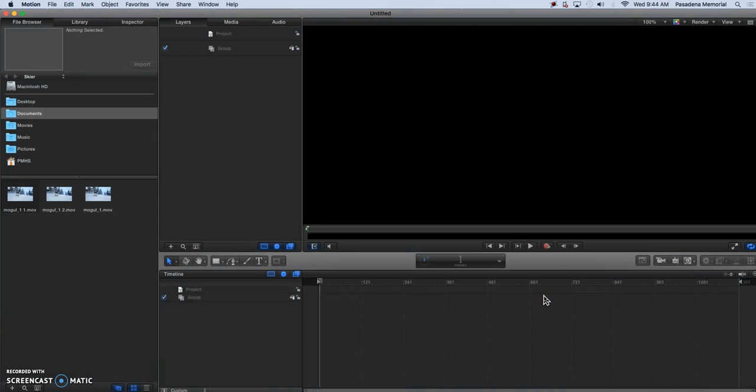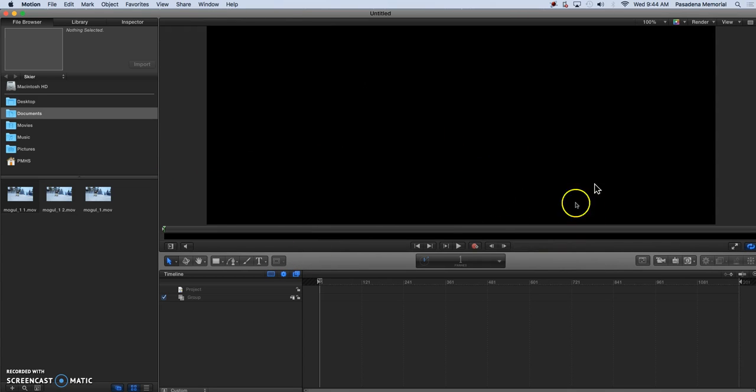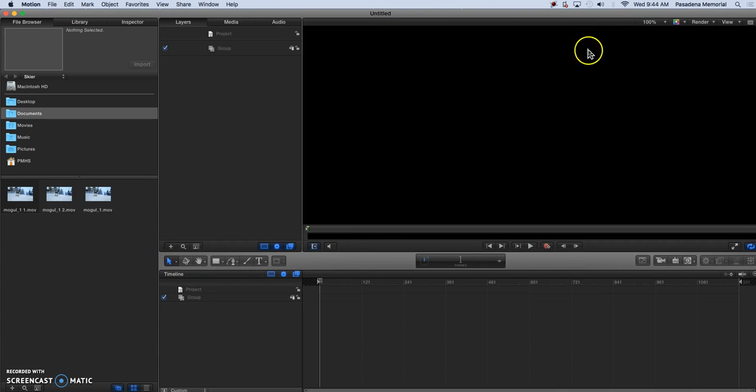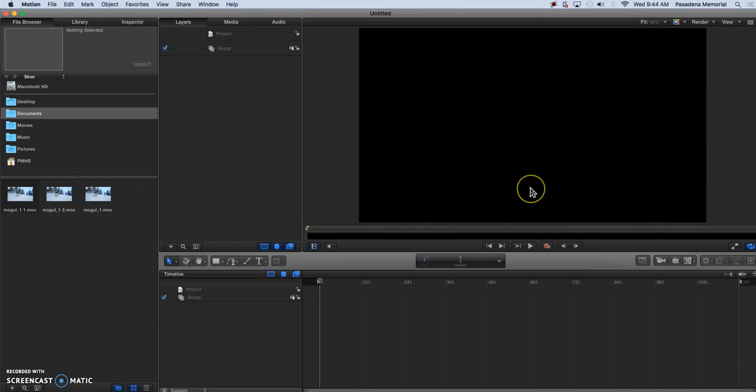Now, just like we've done before, we still have our inspector window, our layers, our project window, our canvas, and our timeline. We're going to use the timeline a lot more in this video, and sometimes I'll have you close the project pane so you can see more of the screen itself. But for now, I'm just going to open that back up, and we're going to go ahead and fit our canvas